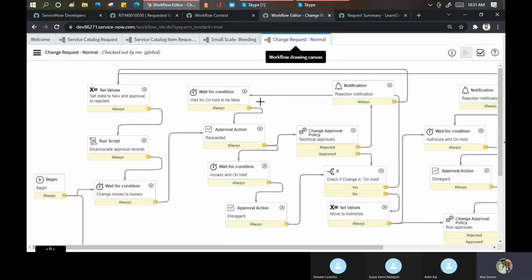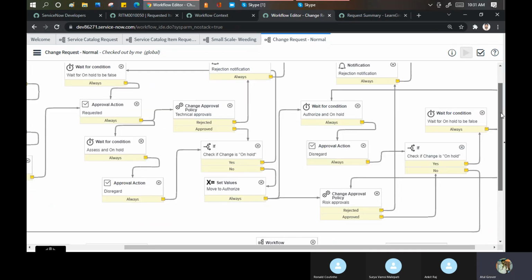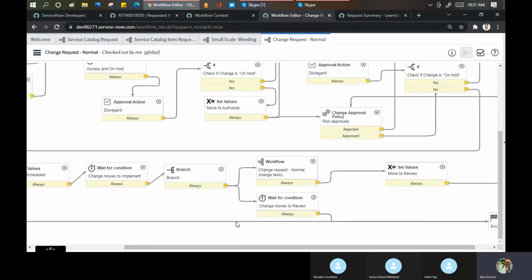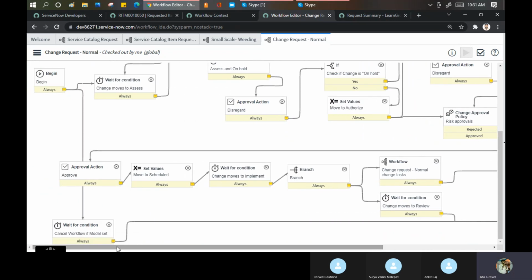You just click on one button, request approval in a change form, and how many things in the background have been triggered. Now tell me, this is homework for you. When we discuss change, you have to see this particular workflow. Then you will come to know.